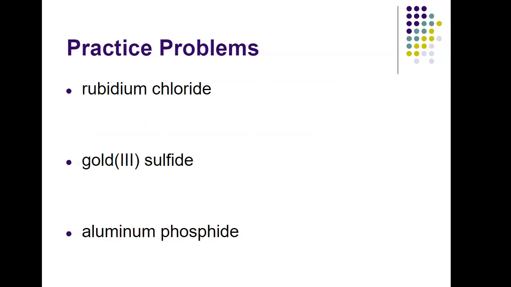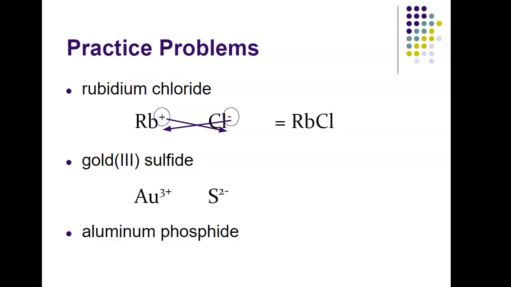Okay. Let's do 3 others here. Rubidium would be Rb+1. Chlorine is Cl-. Now, sometimes we might be able to look at this very easily and say a +1 and -1 is obviously going to be RbCl, but we can circle flip as well. Now, here we have a transition metal. Gold has that Roman numeral to tell you its charge. We have Au3+. Sulfide is coming from sulfur, so we have S2-. Circle, circle, flip, and we make